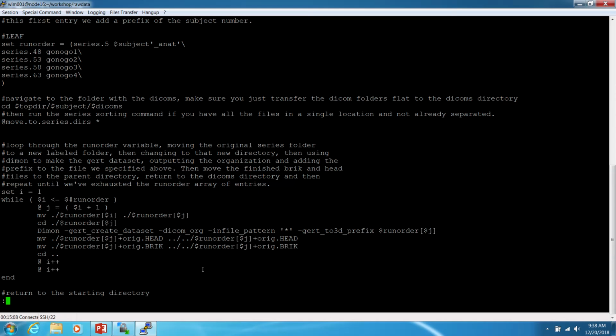And then basically, if you execute that and direct it towards one of these, either a brick or a head file, it'll go ahead and convert those into NII. There's another program that's used for conversion more directly from DICOMs to NII files, and that's really useful for more complex files